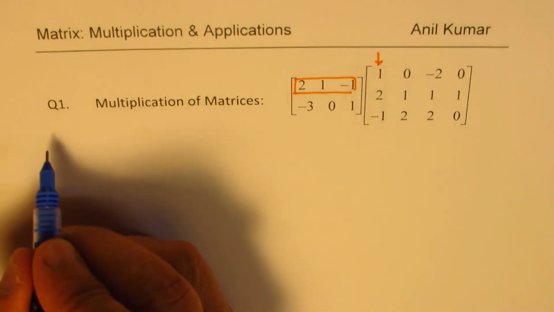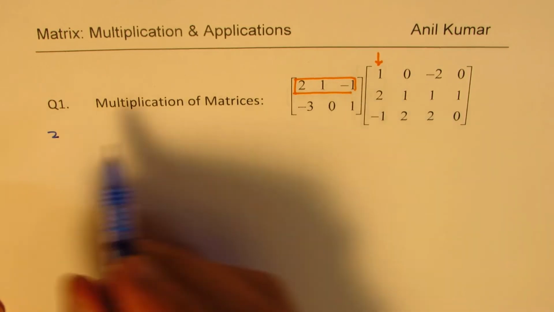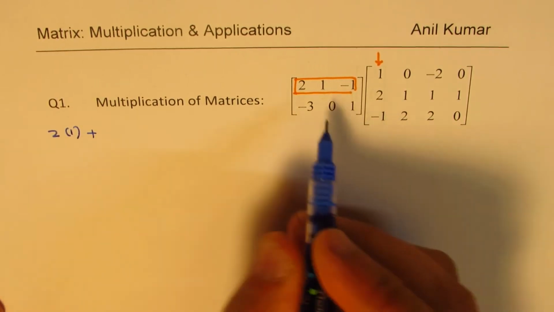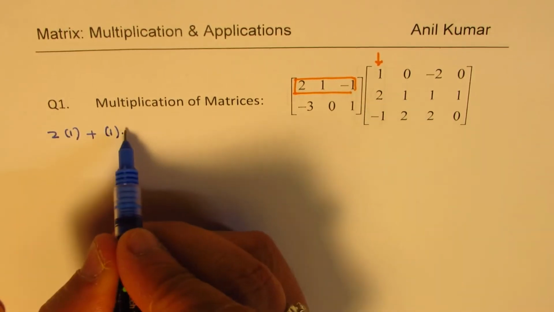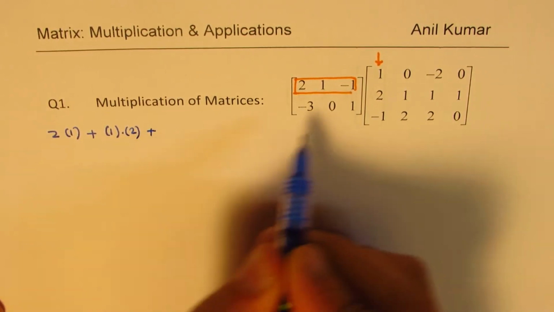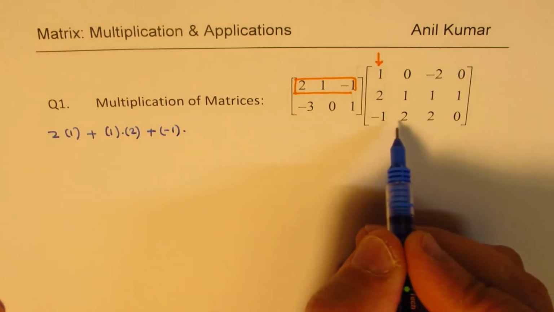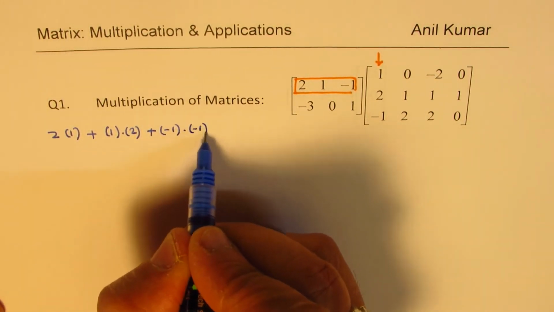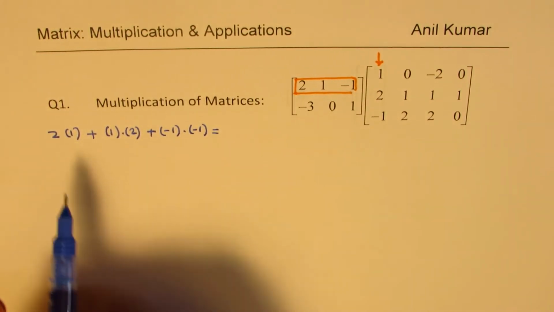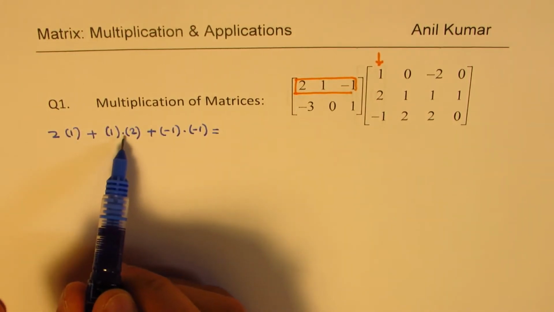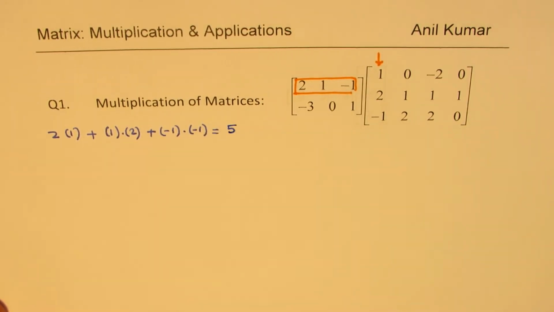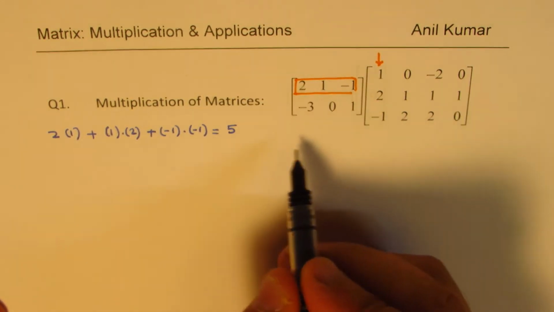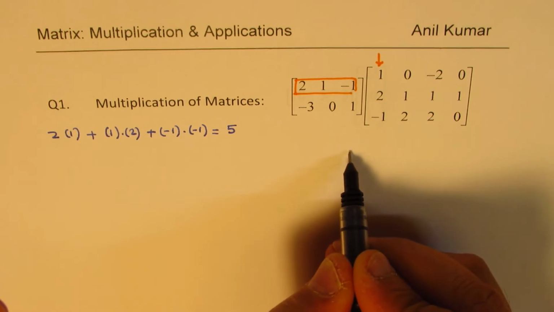So what do we get? So we get 2 times 1 plus 1 times 2 plus minus 1 times minus 1. Good. So we'll add this up. So this is 2 plus 2, 4, and that becomes plus 1, 5, right? Minus, minus. So after doing the multiplication, we'll actually write down our result as equal to, let me write down here,